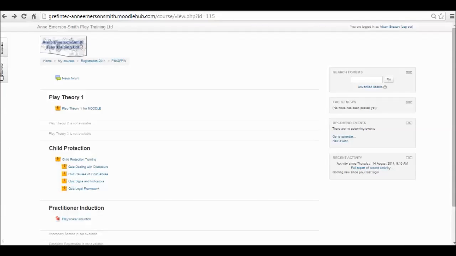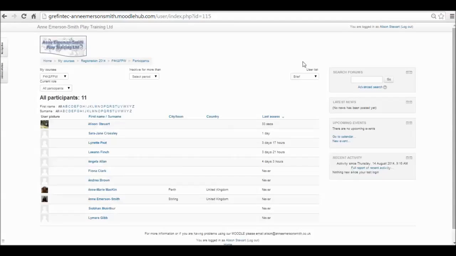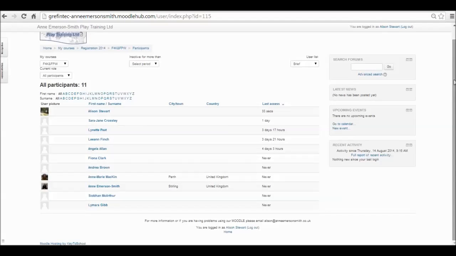If you go and click on Navigation, you will see Participants. If you click on Participants, this will show you everybody who is on your course. This is when it's a great idea to have a picture on your user profile, so then you can recognise who everybody is. If you want to contact somebody, just click on their name